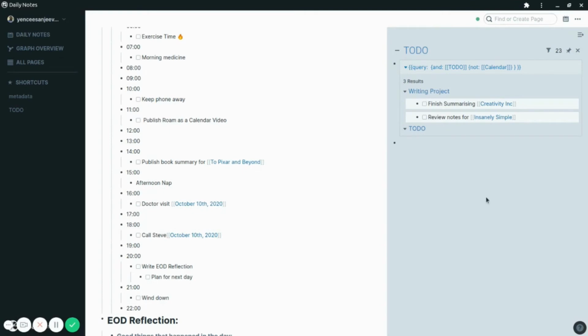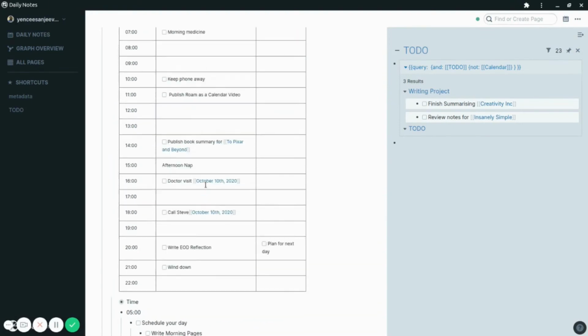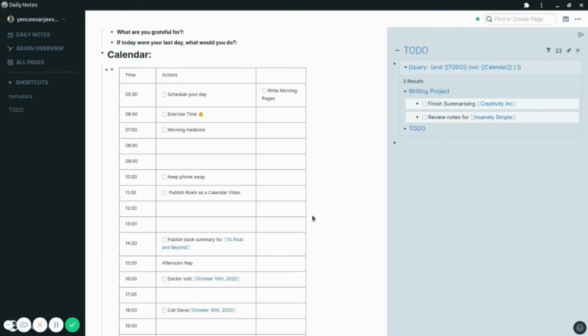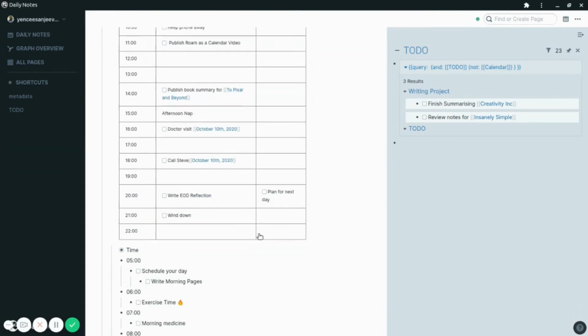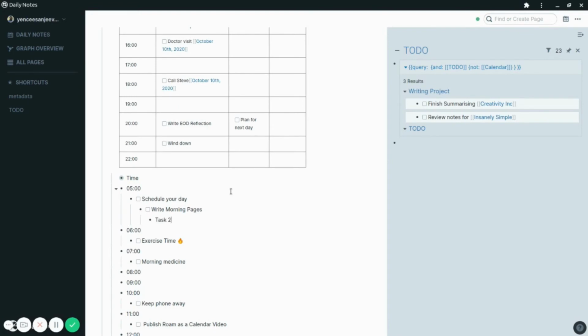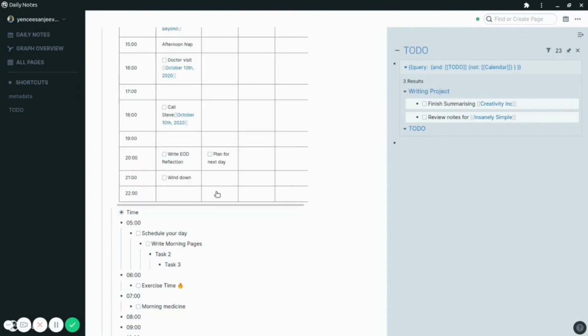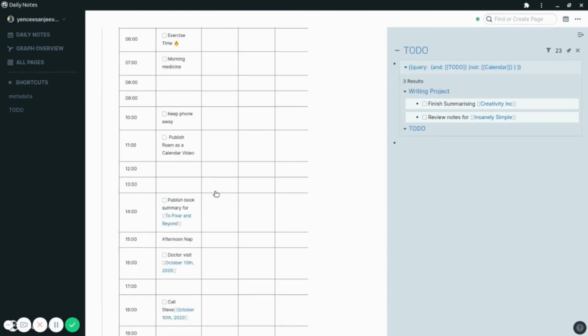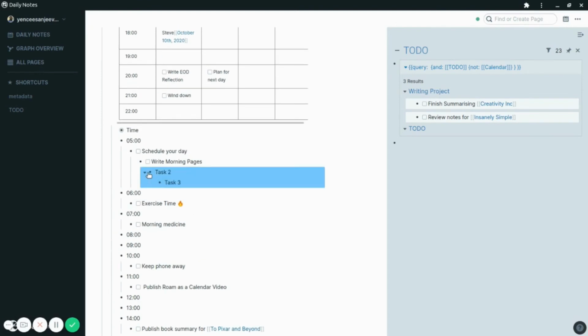So this kind of helps you understand how much you have pending, and also this format of the calendar keeps it realistic. For example, if I slowly start seeing this fill up, I know that I don't have much time for me to get stuff done. So if I keep trying to stuff things into this page, you can quickly see that it gets out of hand, which is a visual reminder that I'm probably doing too many things at the same time.